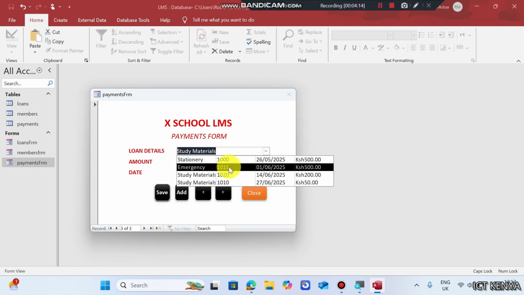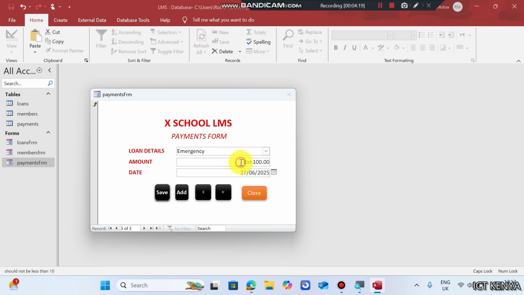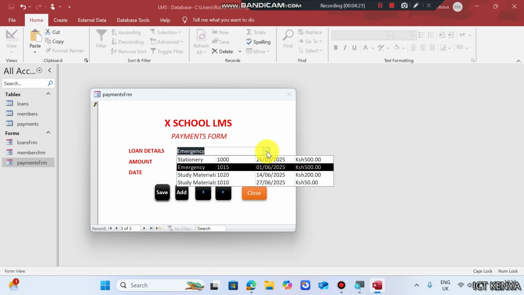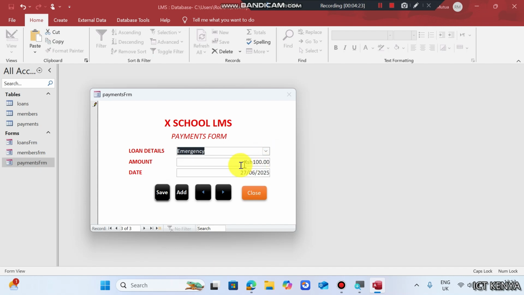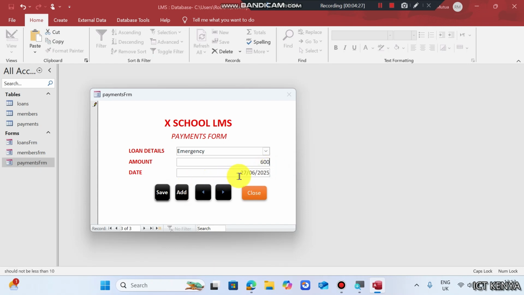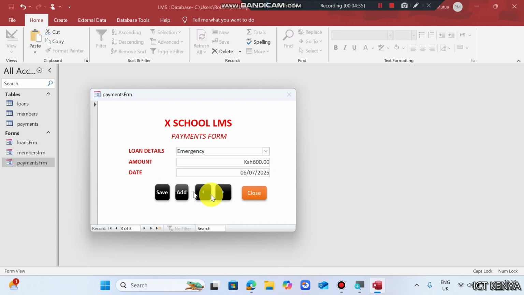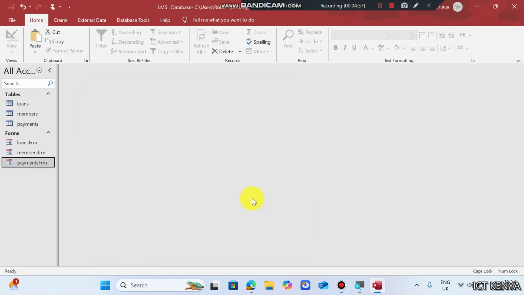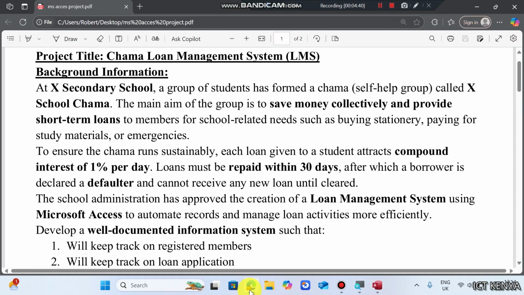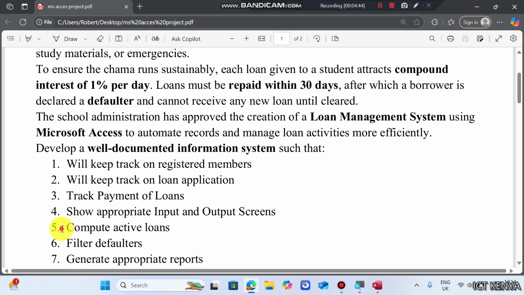Another one like this one for emergency, 1st June. And how much did this person take? 500. This person paid 600, and the person paid this amount of money on 1st July. That is okay. We can say 6th July. Then save and close. So after doing this, now we are going to our next question, which is compute active